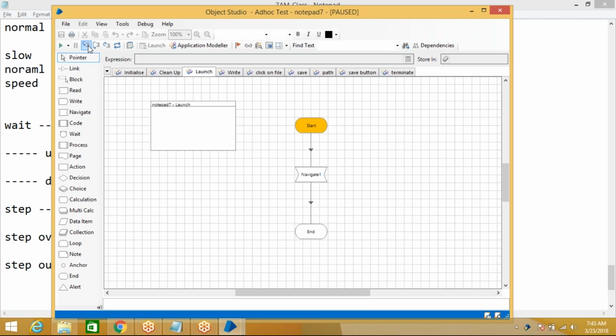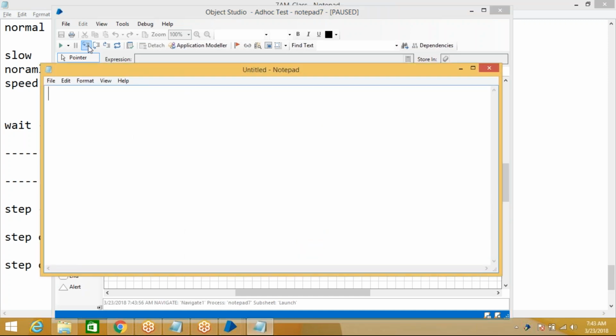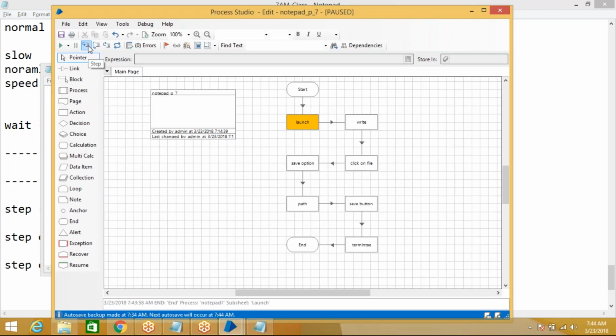Why? What you are calling in your Process Studio in that particular action, you are calling launch, right? That's why it went here. Again step, what we are doing, we are using navigate, and navigate, what you are doing, you are launching application. Next, it's launched. Again step, it's done, and then it came again back to your Process Studio. This step is completed. Next, again